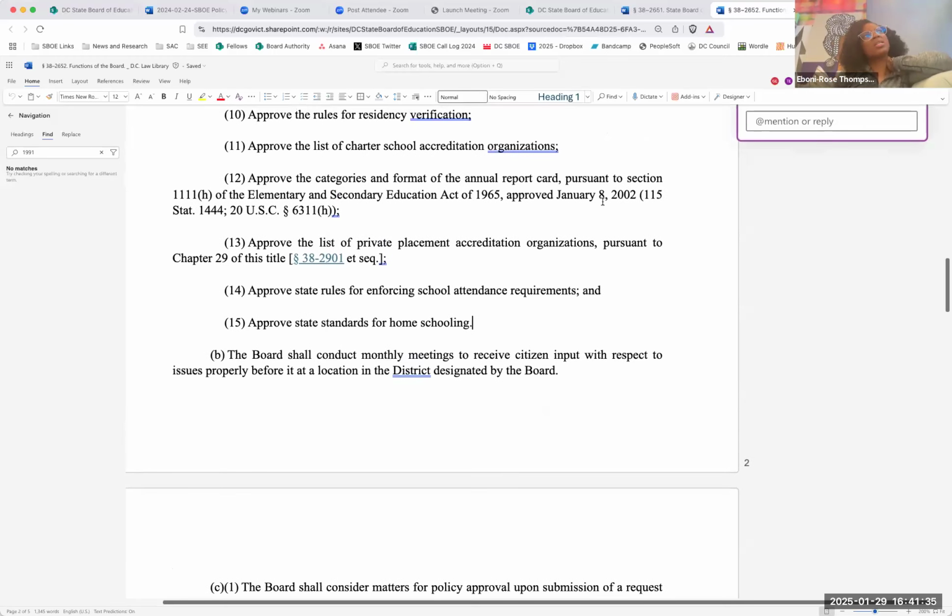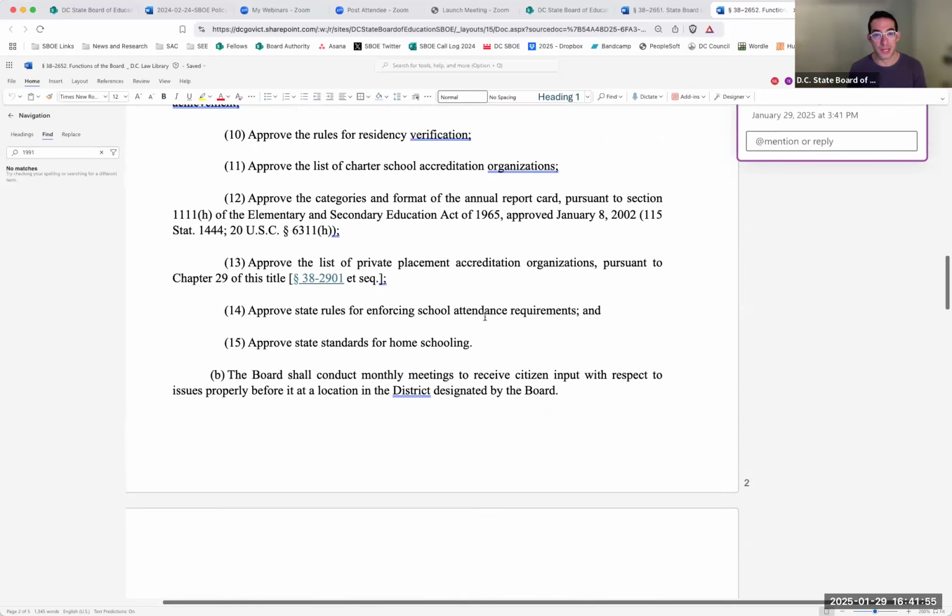Well, when I say it shouldn't be, why do you say there might be? Oh, like if they're already approving it and we're like, what does that mean? What does that look like? Is there a conflict of state statute or something like that? Charters shouldn't be doing homeschooling, should they? I would think that would be exclusively us. Oh, I'm sorry. I thought we were jumping back to the charter school board.